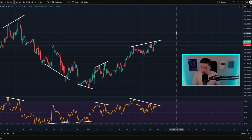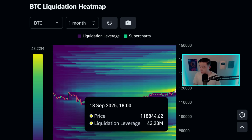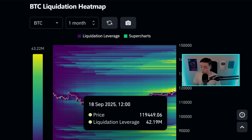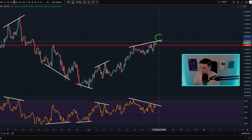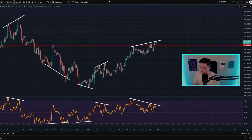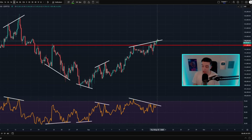And as I mentioned a couple of days ago now on the channel, if we're looking at the Bitcoin liquidation heat map, looking at the last 1 month worth of price action, we could see a very significant area of liquidity just above the price of Bitcoin, starting at just above 118,000, around 118.2k, going up towards around 119,500. So basically in the 118k to 119k area, we have a lot of liquidity right around here. And so this is telling us it is extremely likely, once again, no such thing as a 100% guarantee, it's not guaranteed, but extremely likely that very soon the price of Bitcoin will see a further bullish move to wipe out all of this liquidity here, effectively wiping out a bunch of short positions, causing a slight short squeeze,